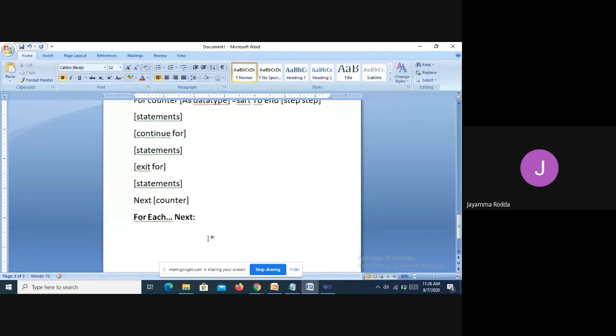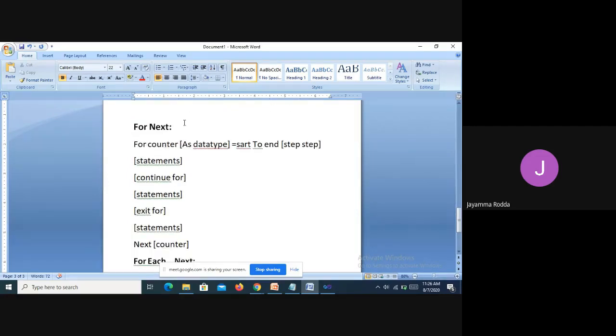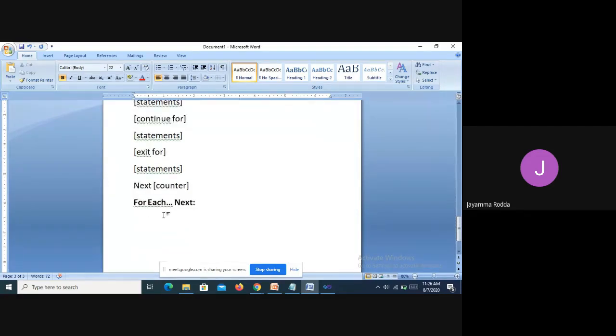So for each next will be executing a group of statements which can be an array or a list of objects. This for each next statement is similar to the for next statement, only the difference is a group of statements will be executed.